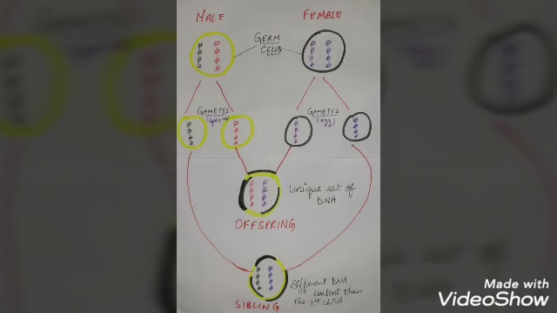Now, if the parents decide to have another offspring, then different gametes will end up fusing, and that will produce yet another unique DNA combination. So even the siblings will have different DNA content, and that is why they also usually don't look identical, even though they come from the same parents. Although the case of identical twins is different.